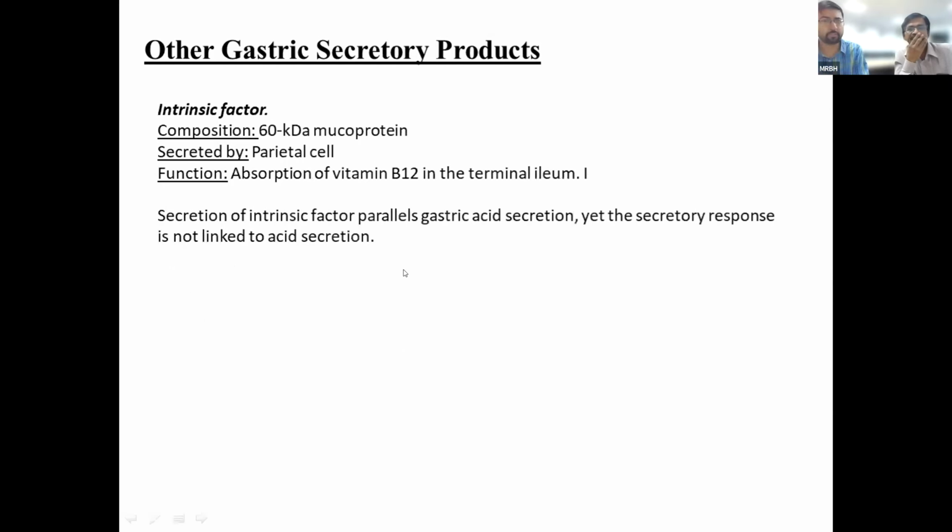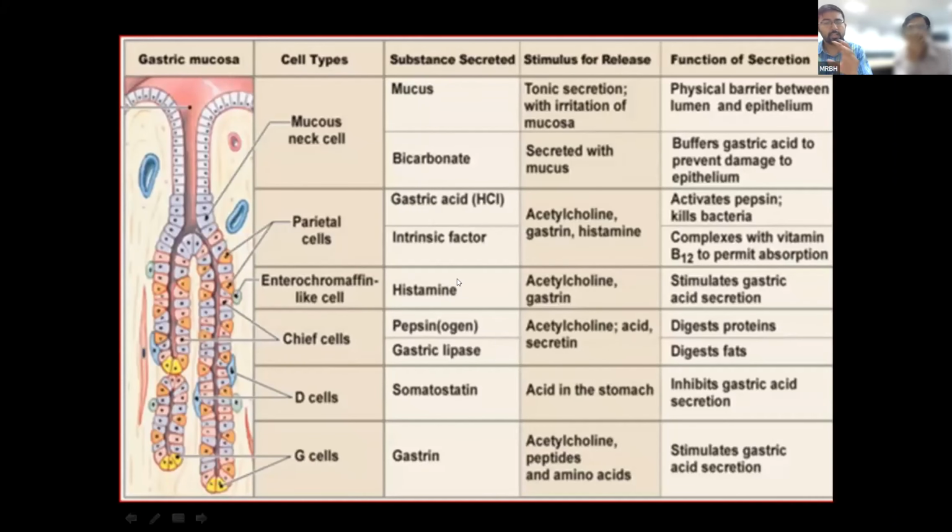Then we have intrinsic factor. It is secreted by the parietal cell, and it is important for the absorption of vitamin B12. The secretion of the intrinsic factor parallels gastric acid secretion, and yet the secretory response is not linked to the acid secretion. So the chart that we had seen earlier, if we see it in a broader way,